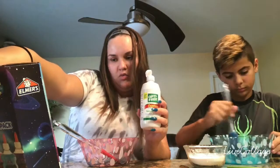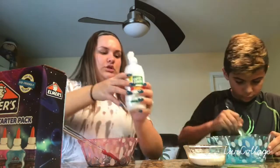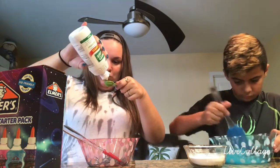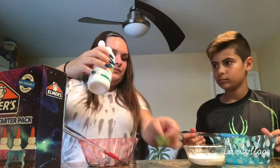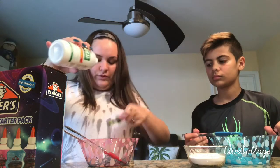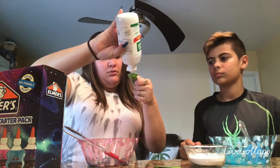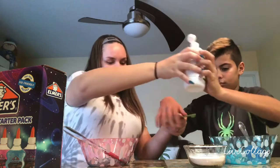Now we're gonna add 1 1/4 tablespoon of contact lens solution. Lens. That's a weird word. That's 1 tablespoon. And this is 1/4. Hopefully those measurements are right because I know nothing of baking. So I don't even know if these are tablespoons, but we're just gonna hope. They're watery. Here, you can do this one. And then